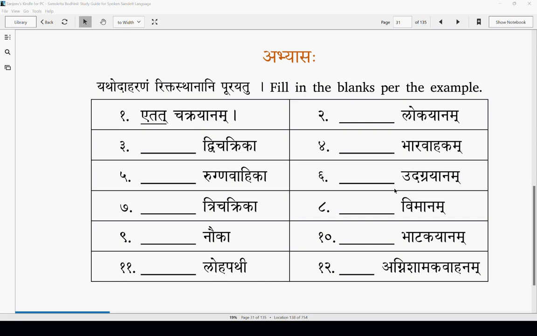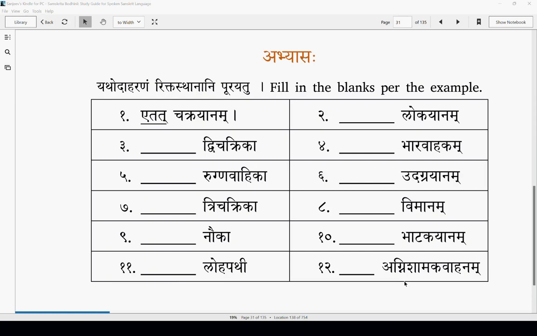Etat Udagrayanam. Esha Trichakrika. Etat Vimanam. Esha Nauka. Etat Bhatakayanam. Esha Lohapati. Etat Agnishamaka